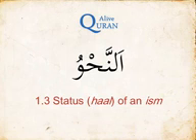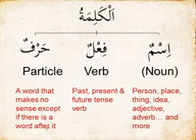Today we will be discussing the status, or the hal, of an ism, inshallah. To recap, we mentioned that al-kalima, the word in Arabic or any Arabic word, is always one of three types. It's either an ismun, a fi'lun, or a harfun. We are going to discuss and focus specifically on ismun.